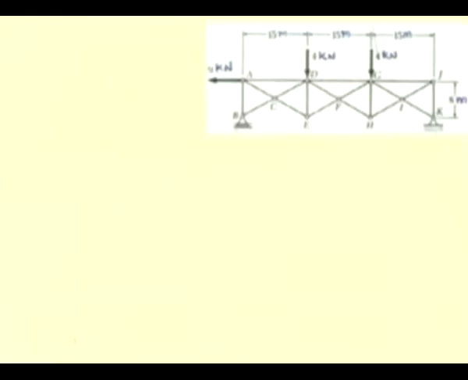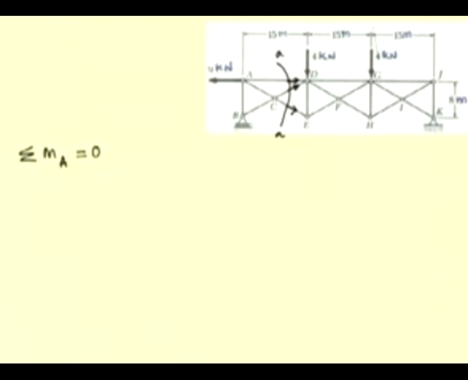So, the first equation that we write is the summation of the moments about A. For your convenience, we have considered this section AA. If we take the moment summation about A, since these two forces are concurrent at A, we have only this force in the member CD, which is unknown,